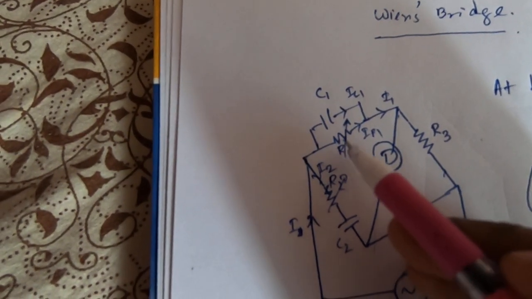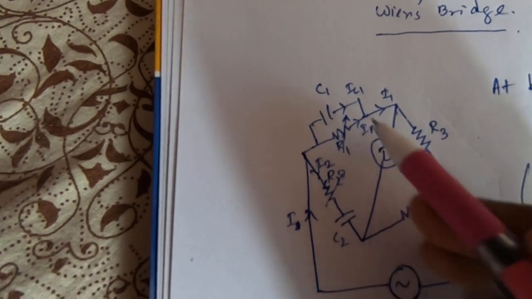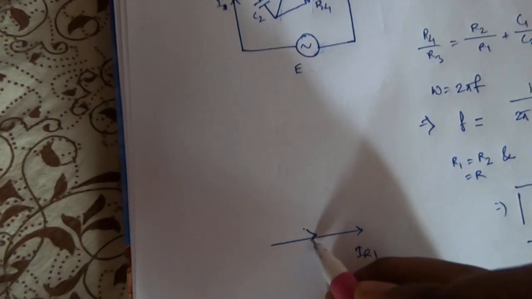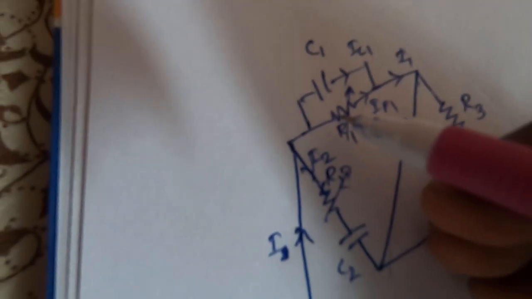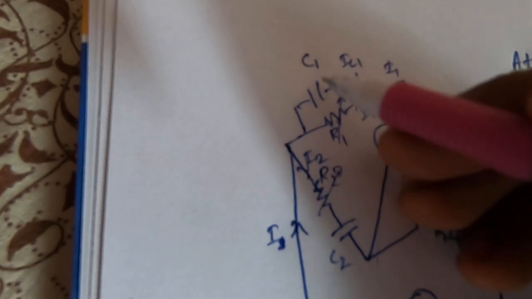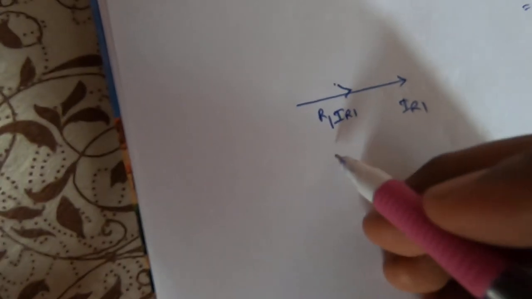So now the voltage drop across this R1 will be in the same phase as this current. So now you take this IR1 into R1 over there. This voltage drop and the voltage drop across this capacitor will be the same. So we can write that this is IC1 by omega C1. So IC1, the position of IC1 will be 90 degrees lagging to the voltage drop.